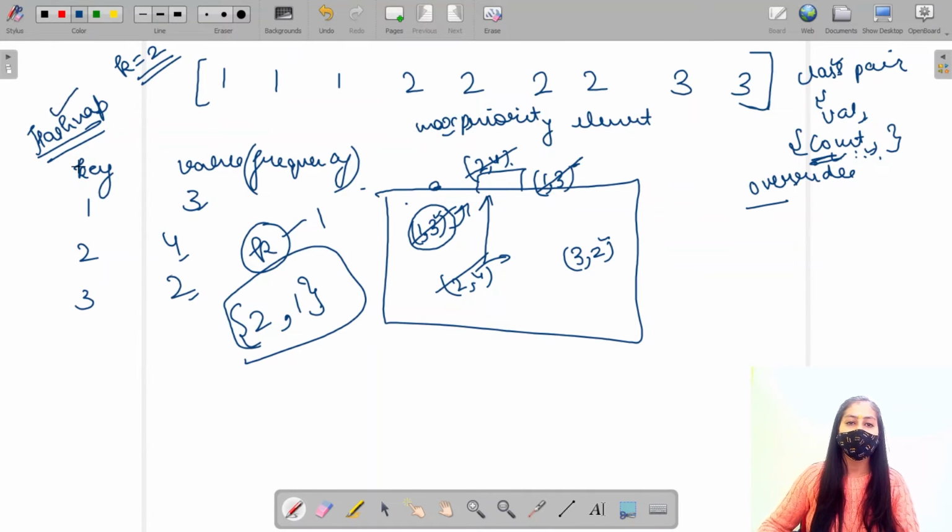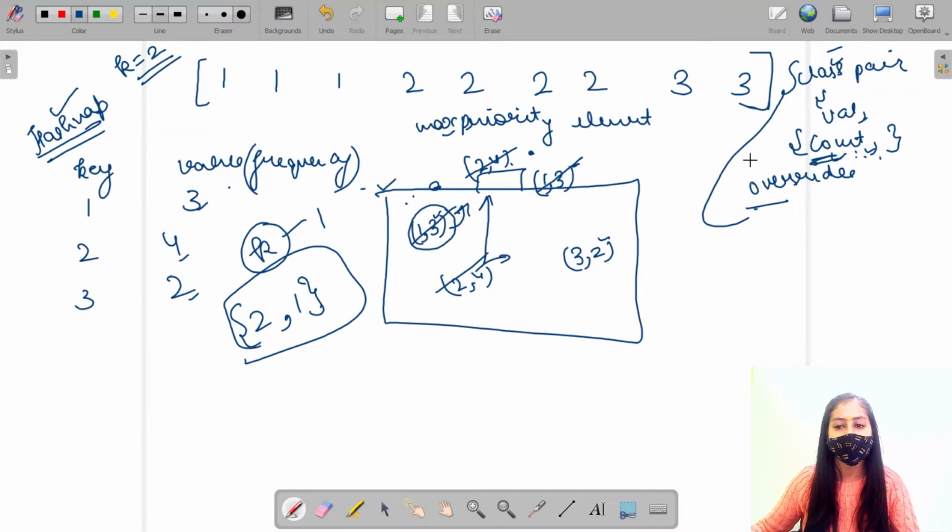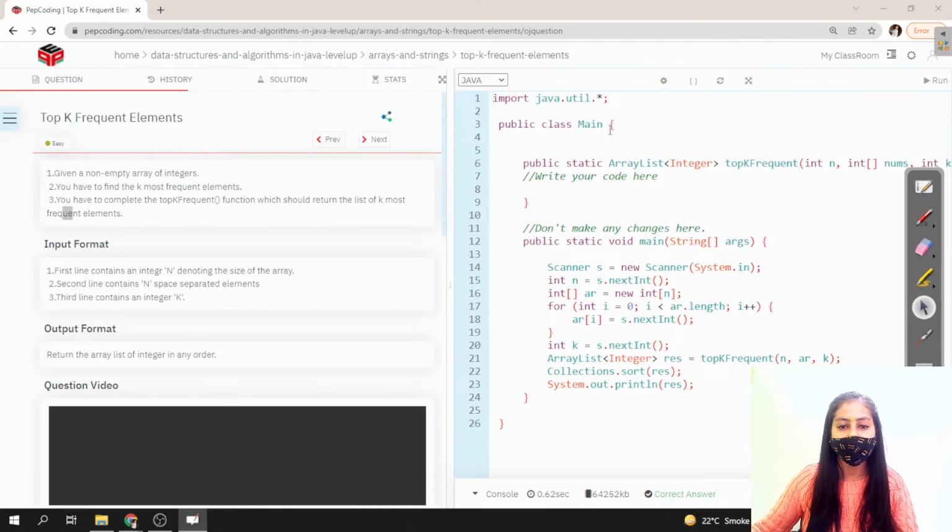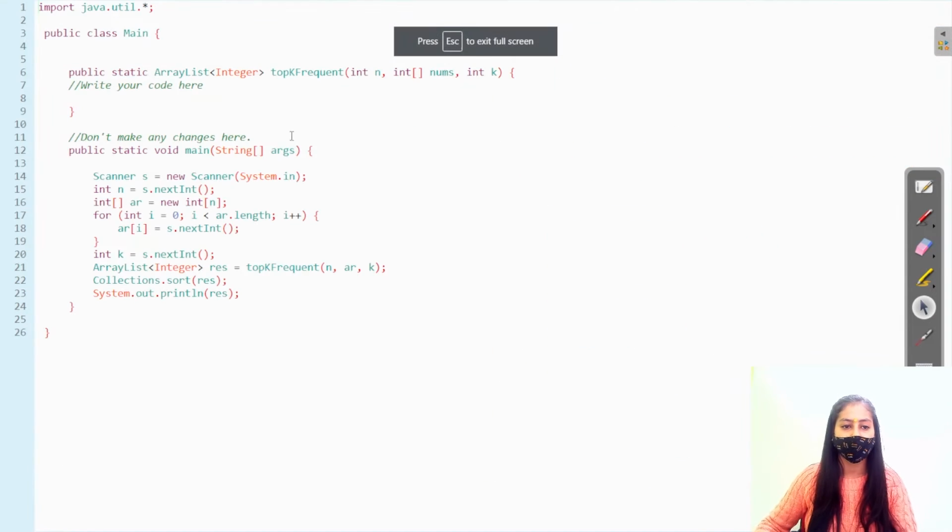So we will be using a hash map in which the elements and the frequency are going to be stored, and we will be using a max priority queue in which the top element is always the element whose count is maximum. So how will we ensure that the elements are compared on the basis of count? We will use a pair class and override it by using the count, right? So this is the simple approach to solve this question. So let's now try to code it, right?